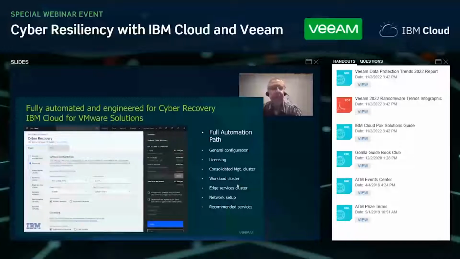So as you can see, you've gotten it all configured, you got it all set up, you've gone through, selected all of your settings that you want to do, and it's automatically created. Everything's ready to go. The next step is to actually begin doing the work, because it's all set up. You've got the configuration, the licensing, your consolidated management cluster, your workload cluster, and you can add different workload clusters,